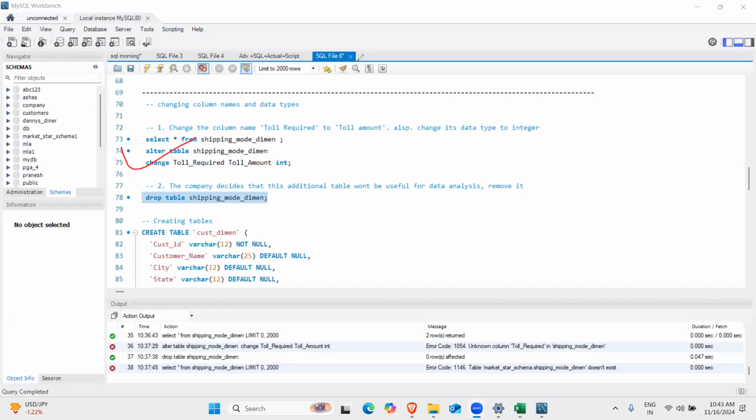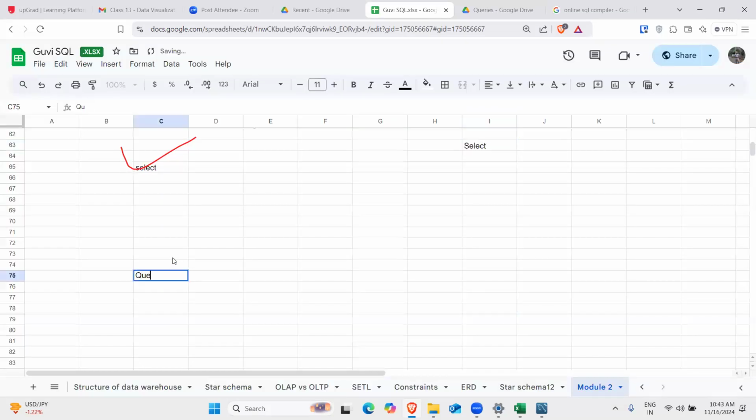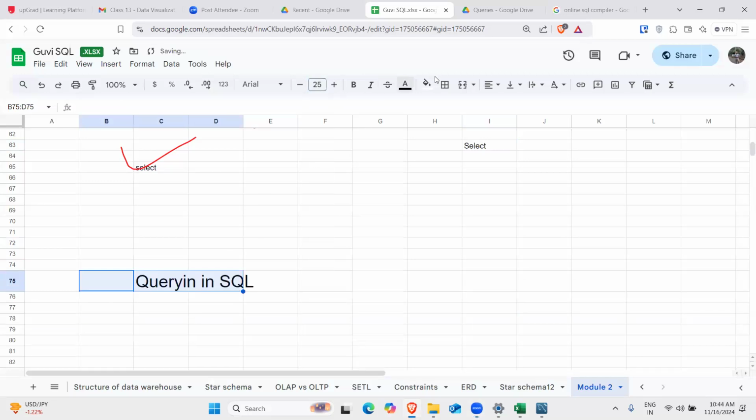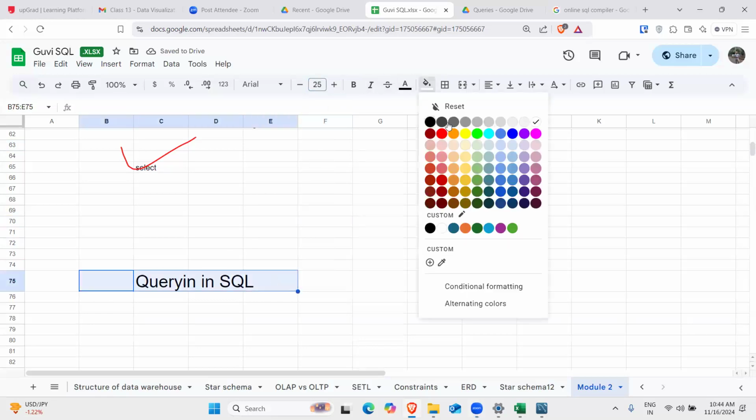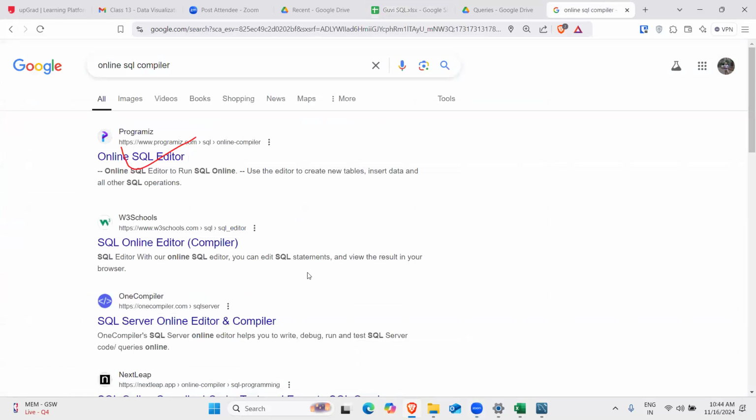Now we'll start with the very important part, which is querying in SQL, right? So I'll just take this out and write down over here, querying in SQL. Introduction: in the previous segment, you learned